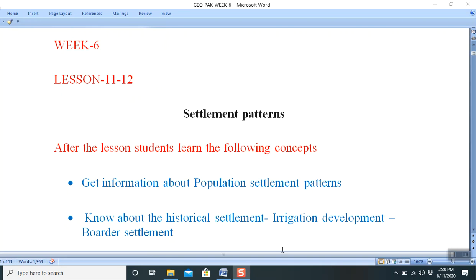I'm Mr. Khalid, and now we are going to discuss week 6, lesson 11 and 12. Our topic of discussion is the settlement pattern of the population of Pakistan. Fine. In the previous